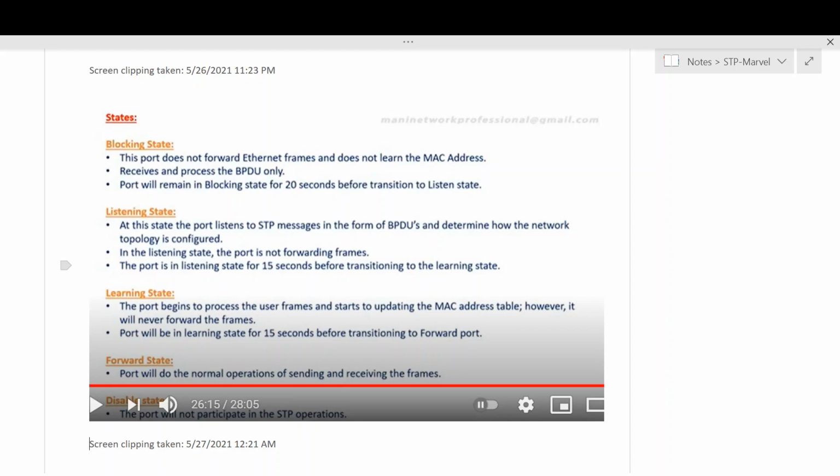Once the port is in the learning state, it processes user frames and starts updating the MAC address table also. However, it will never forward the frames.